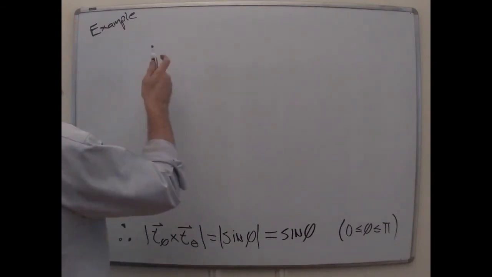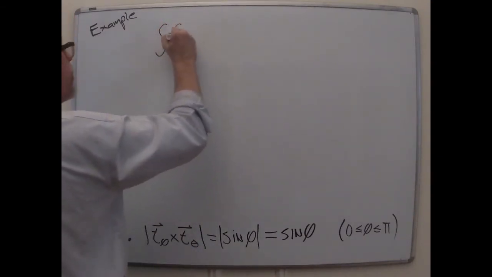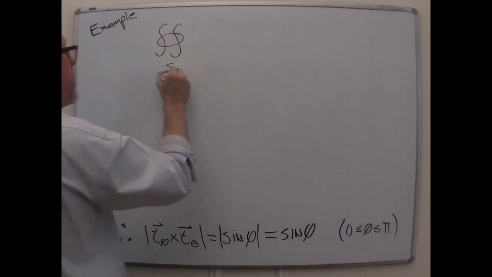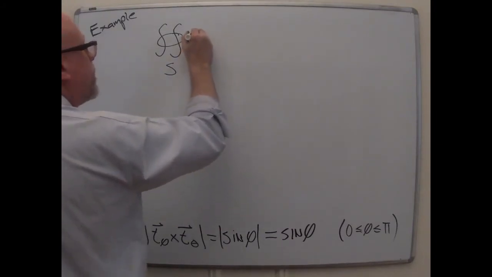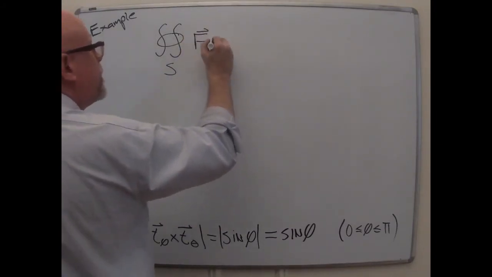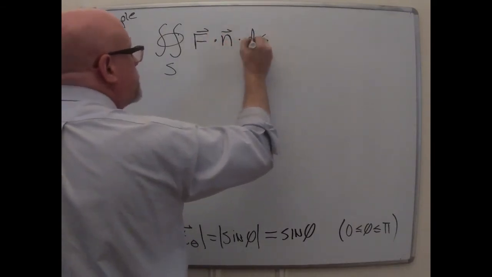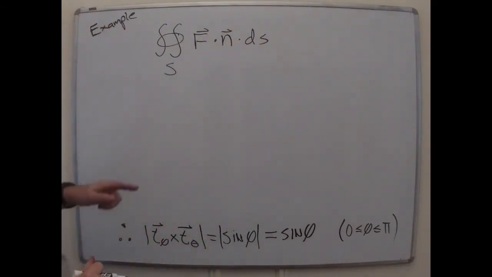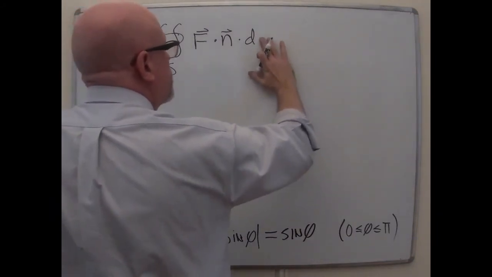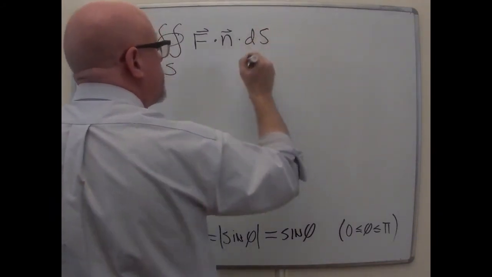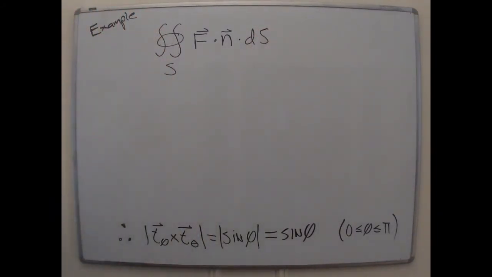What we want to do is the closed integral over the surface of the sphere of the vector field dotted with a normal vector times dS. I should be more careful about my s's. That's a capital S for a surface element. Little s is for line, what do they call it? Arc length parameterization.